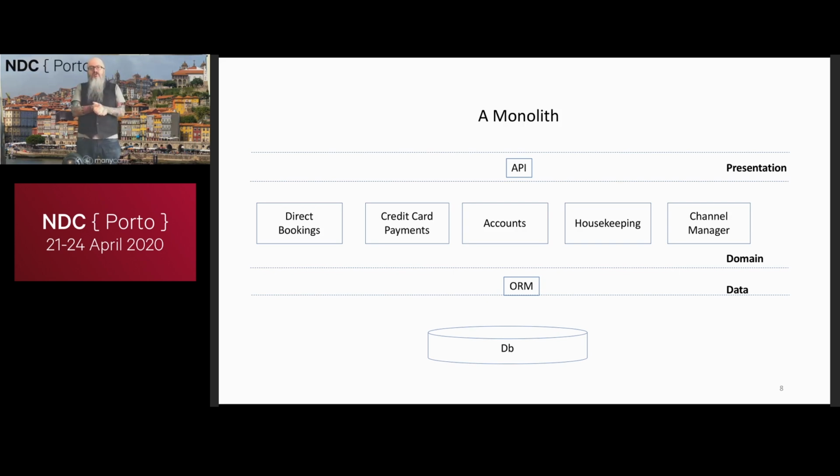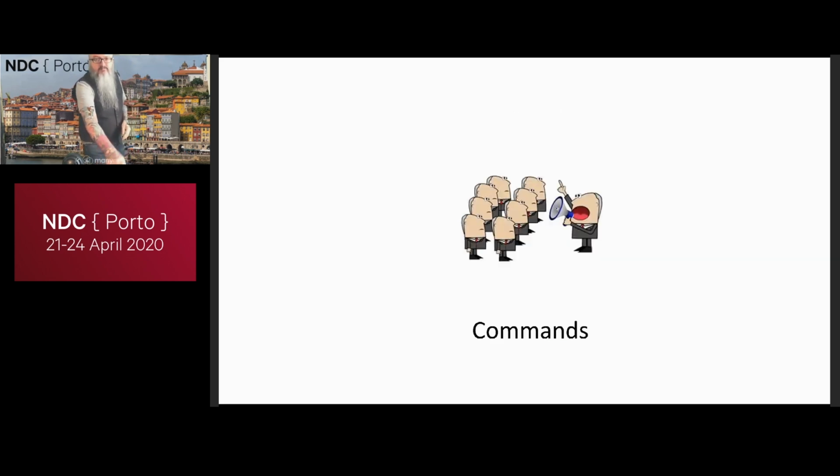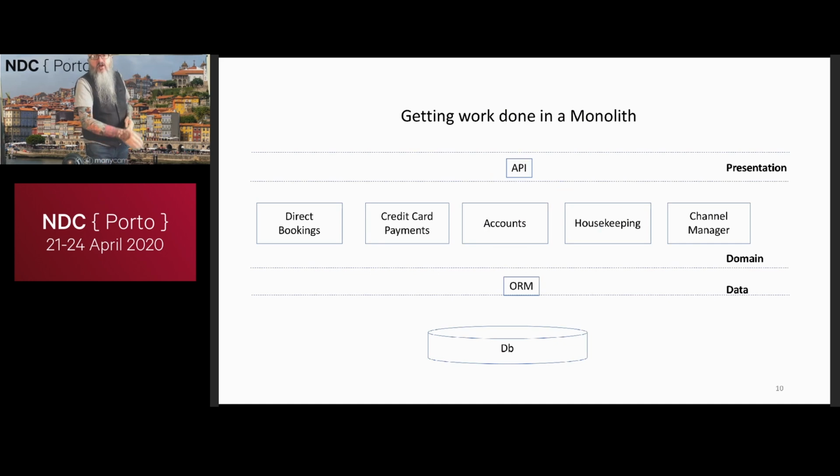And let's imagine the situation where I wanted to make a hotel booking as an existing customer that held an account with your business. Getting the work done for a command, I decide basically to post my new booking. It comes in via the API from whatever client I'm using, be it a Spire application or something like that.